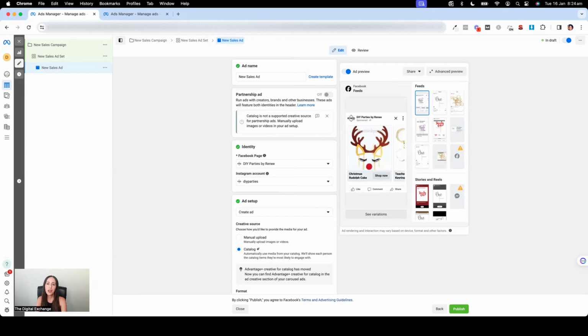Let's talk about 3 new AI tools that Meta has just released to save you time and improve your ad